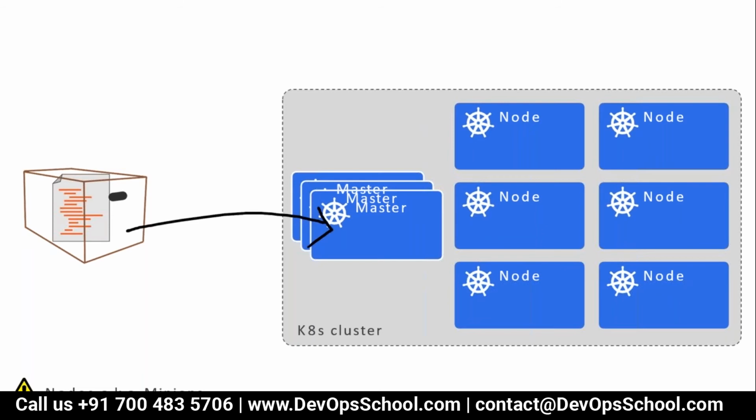So guys, in this picture, if you look at it very carefully, you have multiple masters, one behind another. Why do we have multiple masters? Because the entire Kubernetes cluster, mind my statement here, the entire Kubernetes cluster is managed by the master. And if for some reason the master node is not functioning well, then imagine what will happen. The whole cluster is down.